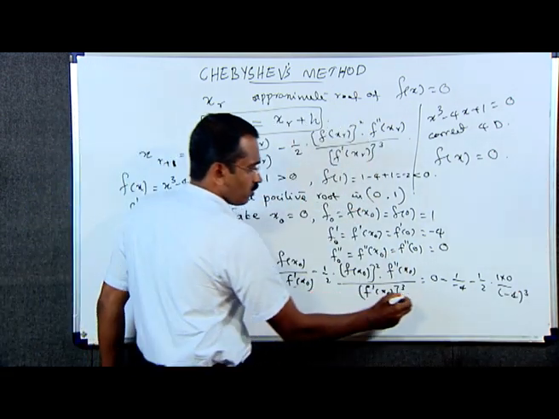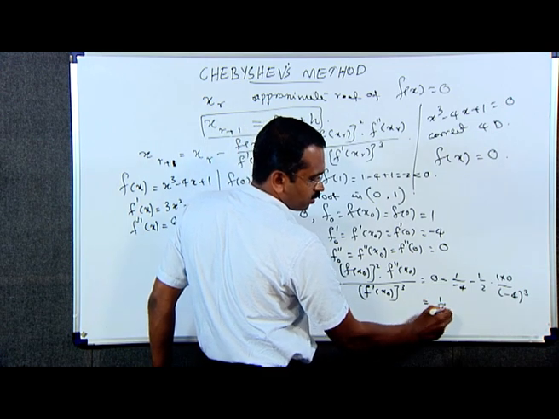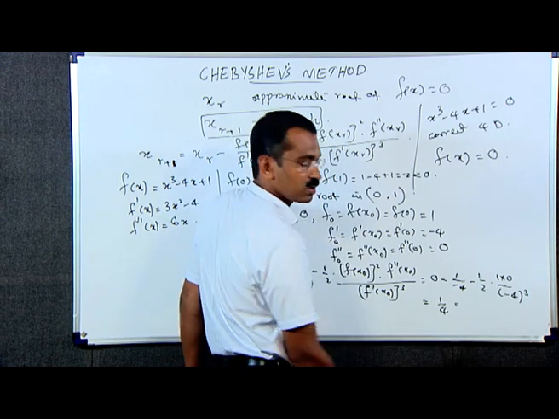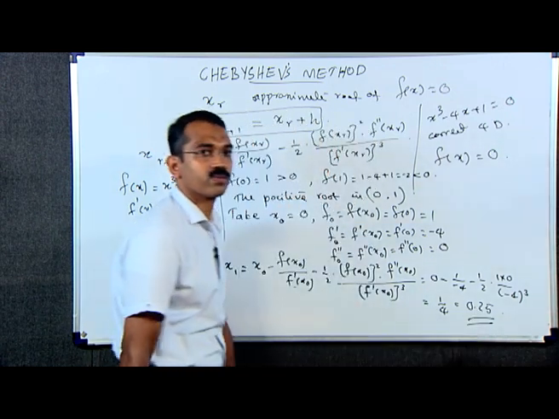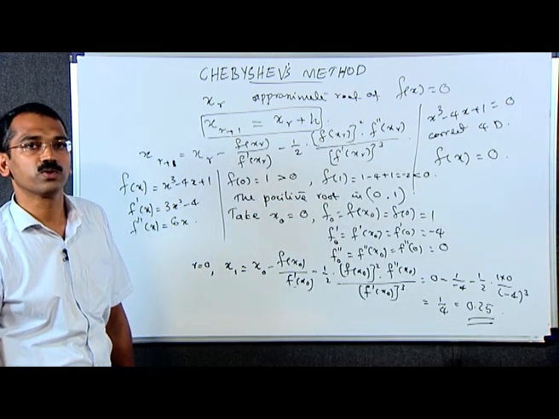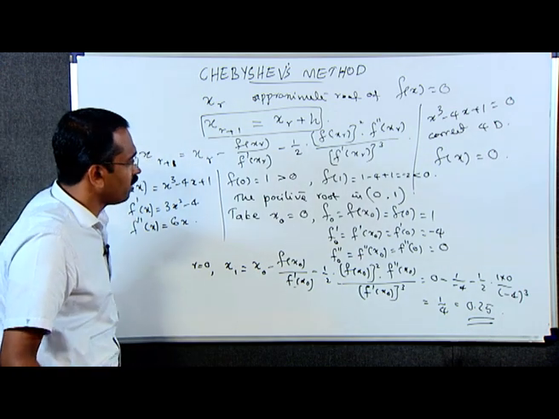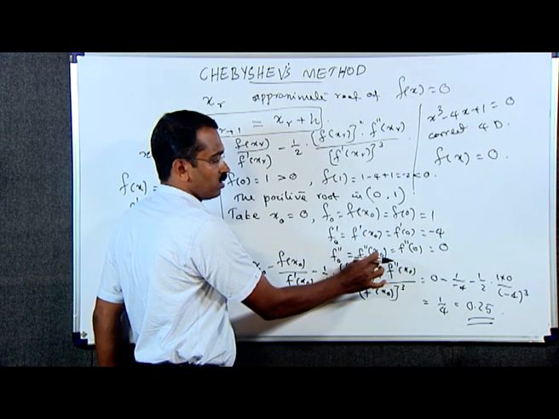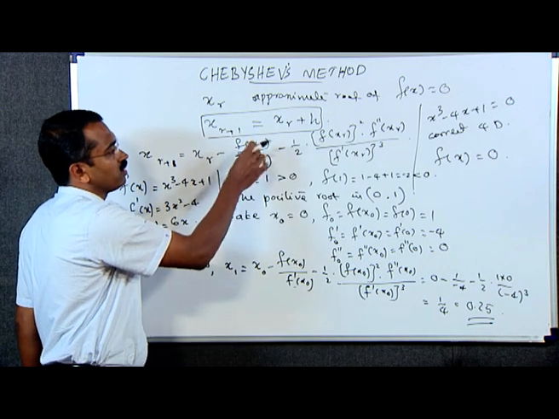This is equal to, from here we can write minus of minus 1 by 4 is plus 1 by 4. This will become 0. Therefore, this is equal to 0.25. That is, x1 is equal to 0.25. Now, we evaluate f of x1, f dash of x1 and f double dash of x1,